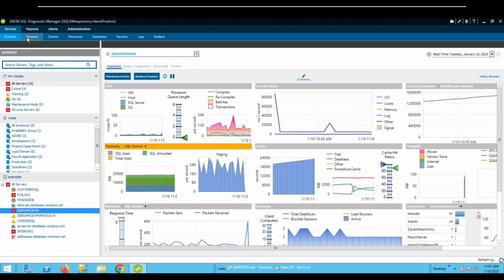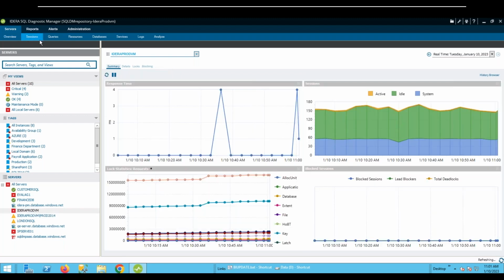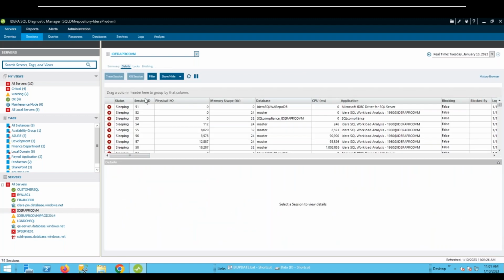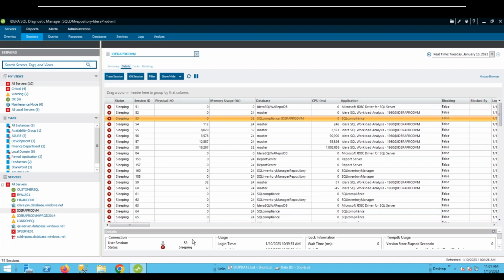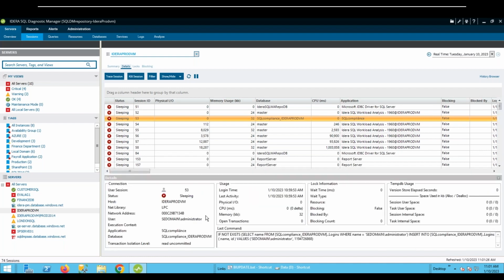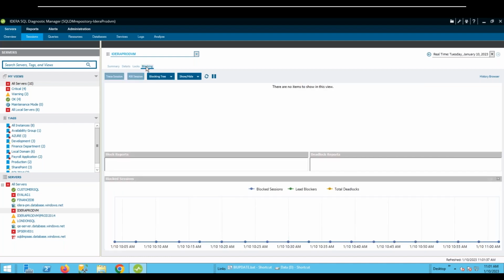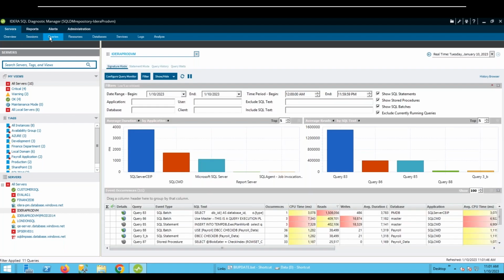And you can just scroll across the top here to the session activity, including what's going on as far as current active sessions, sleeping, suspended sessions. Whatever you select from the list, you're able to see the details down at the bottom as well. There's a dedicated view for blocking and deadlocking. I don't have anything right now popping up as a blocking condition, but this is where you would go to see that. Then you can move across to the queries tab to see all of the worst performing queries,